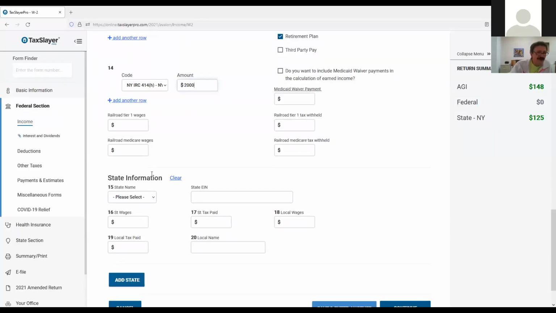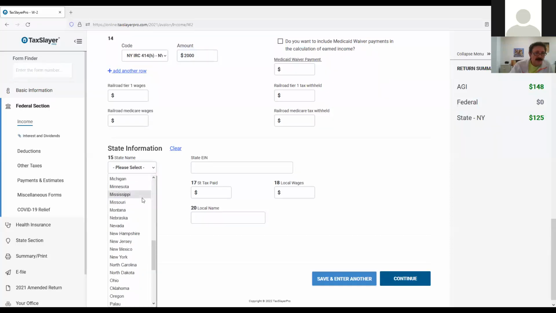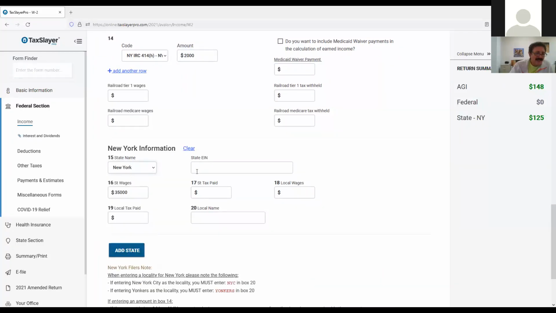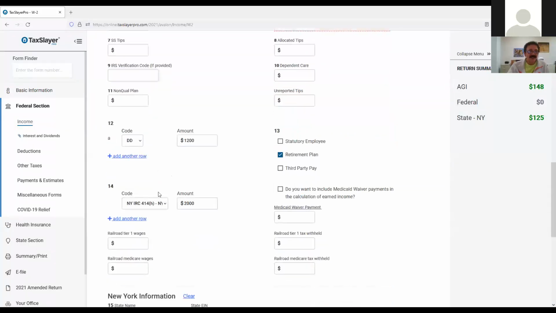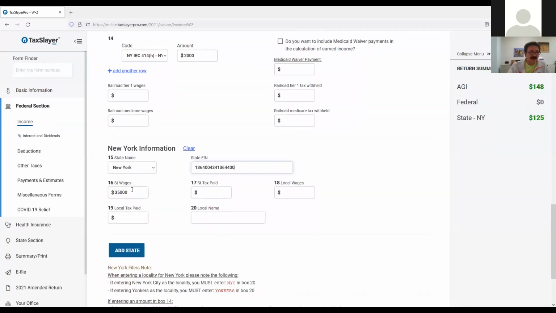State information, again, towards the bottom of this W-2. Okay, withholdings from New York. The state ID number is that number there. Okay, the wages, again, 35,000, as you can see. It is taking the right amount net of the 414H contribution. That is correct. See, it automatically came through apparently. But again, it was listed incorrectly in the W-2. The withholdings from box 17, 2,250. The local wages, again, should be 35,000 as well. The local tax paid in this case, 1,550. The locality name,